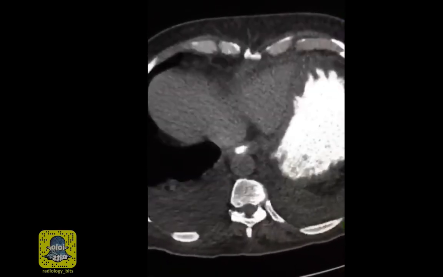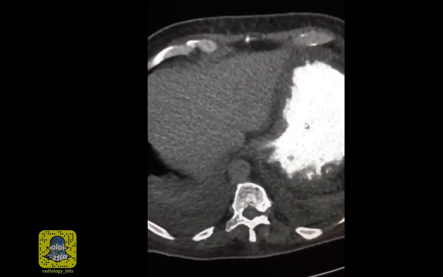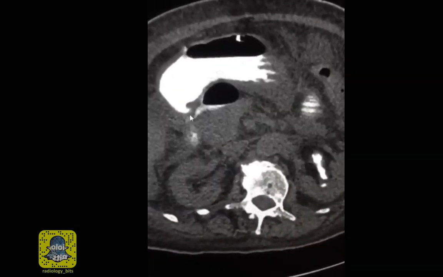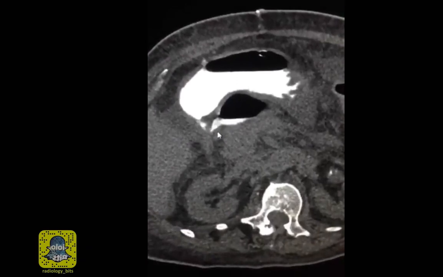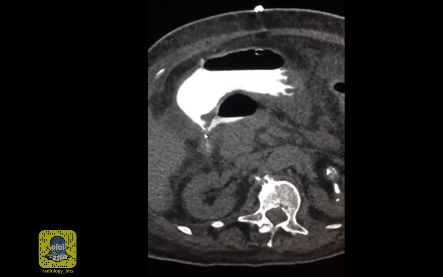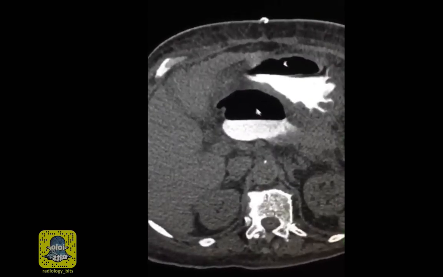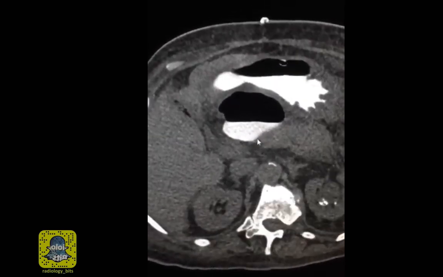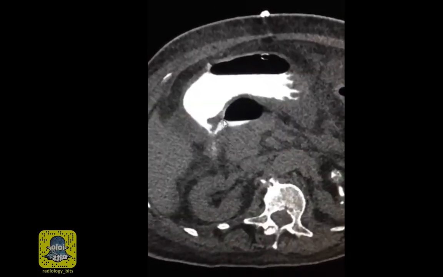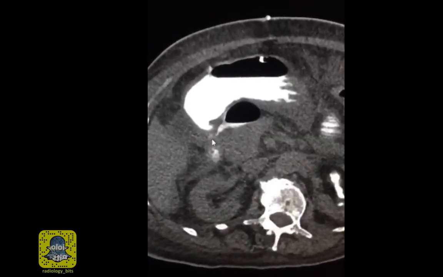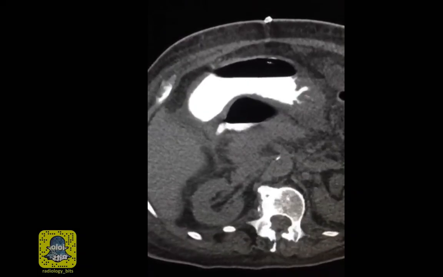Let's do this again. You see the esophagus, gastroesophageal junction, stomach. You go all the way to the distal stomach, reach to the duodenum, and then you see this communication here. So this is the linear leakage of contrast from the first part of the duodenum into this space behind the stomach and anterior to the pancreas. Putting everything together, you have a clear-cut sign of perforation of the first part of the duodenum with a collection